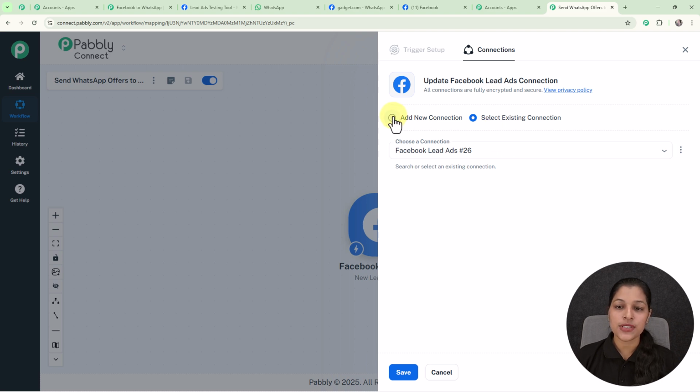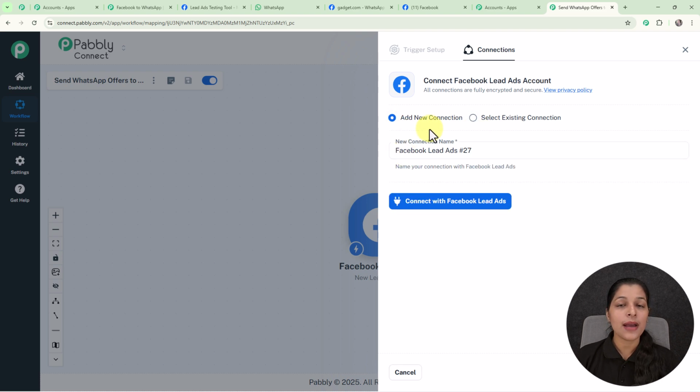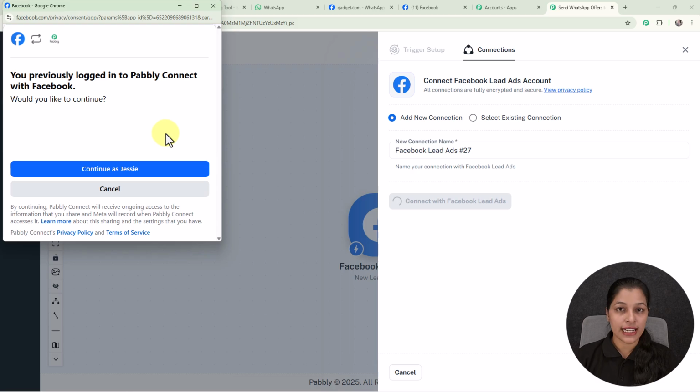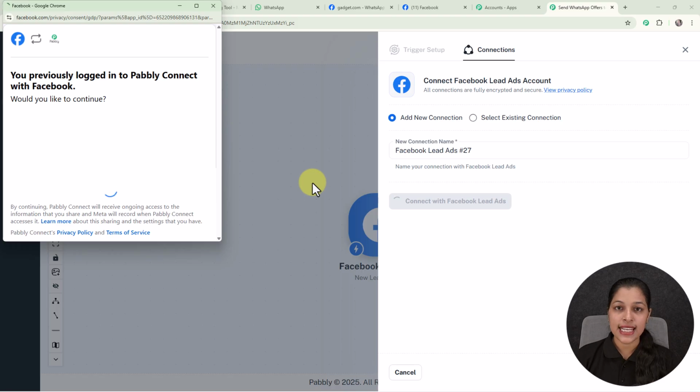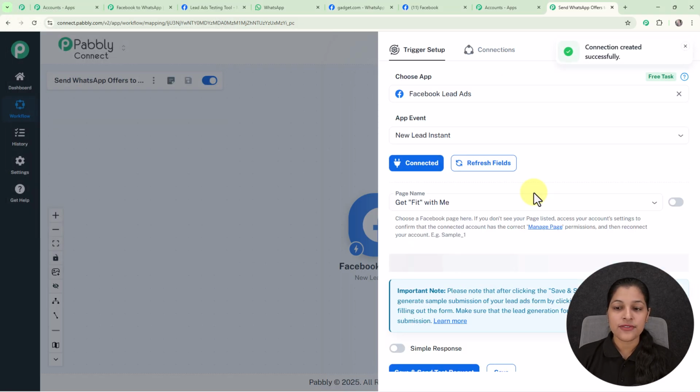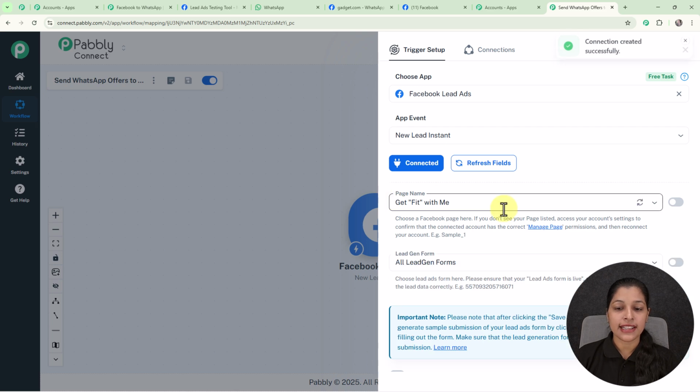So here I'm going to select this add new connection, and here I'm getting my new connection name, and you have to make sure that your Facebook account must be logged in. Now let's click over this connect with Facebook lead ads, and here I'm getting the option for selecting my Facebook account, and if you haven't logged in your Facebook account then Pabbly will ask you to log in your Facebook account first. So now I'm going to select this continue button, and here you can see as I have selected this button my connection has been created successfully,